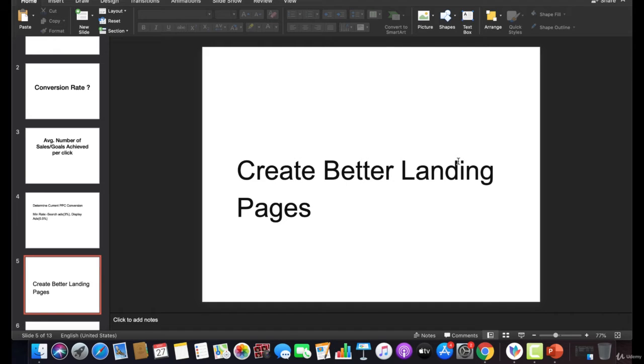To increase our conversion rate, we need to focus on a few things, like creating a better landing page. A better landing page should be mobile responsive, effective at displaying your product or service, with a clearly visible call to action, clearly visible content, and optimized images or videos for the particular product or service you are advertising.